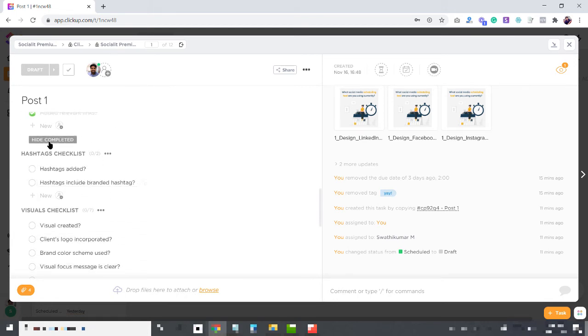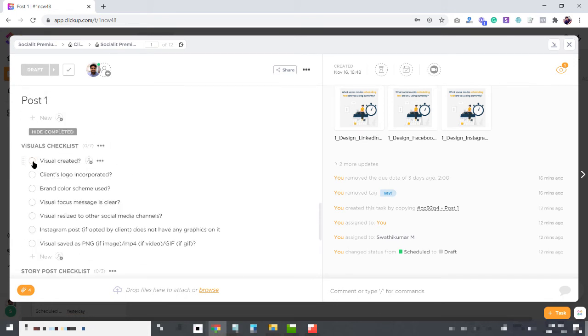The same with hashtags. Now coming to visuals, the same thing. So is the visual created? Yes. Is the client logo incorporated? Yes. Brand color scheme used? Yes. Visual focus message is clear? Yes, it should be clear. Visual resized to other social media channels? Yes. Instagram post, if opted by client, does not have any graphics on it. Now, visual saved as PNG file if it is an image, MP4 if it is a video, and GIF if it is an animated GIF. Yes. Once all these checklists have been checked,